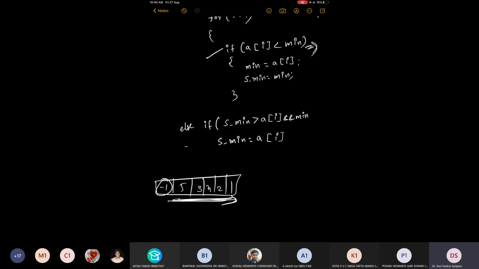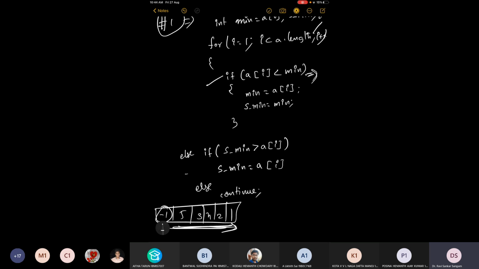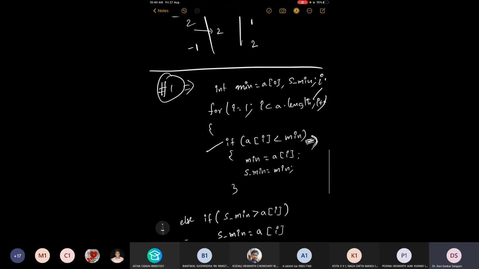Okay, but what about the other thing? If we write else if, again there should be an else part also. You can keep a dummy else part, not an issue. Okay, now let's focus on that thing. Else continue, this is fine. So when we are facing a problem, in what case are we facing a problem with this logic? S minimum is not getting initialized if the first element itself is the minimum, and we are not initializing S minimum with some largest value.